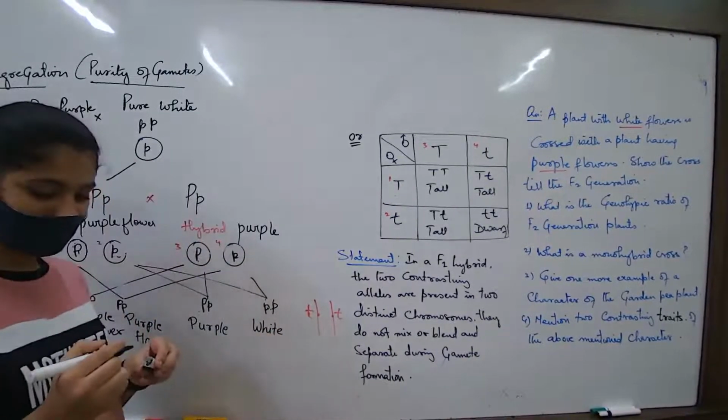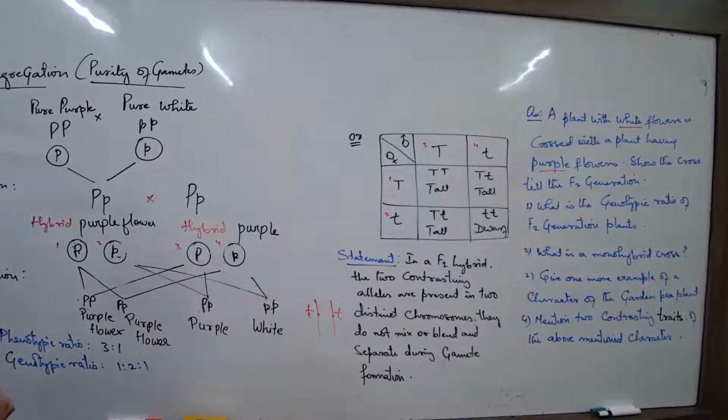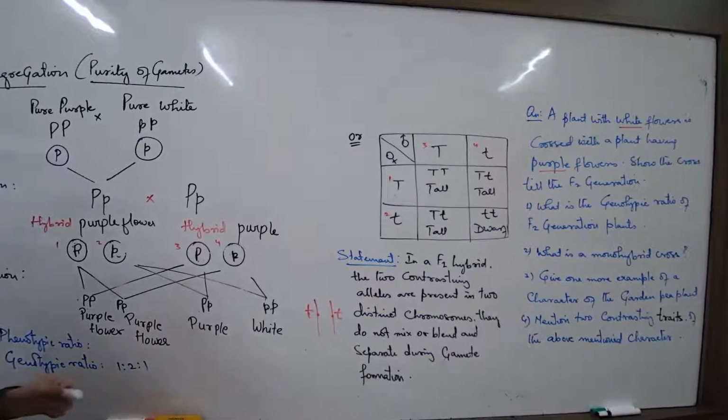Now can you write down the genotypic and the phenotypic ratio? चलो first of all phenotypic ratio देखो, 4 plants में how many of them are purple? 3, and how many of them are white? तो वही तो लिखा था हमने 3:1।